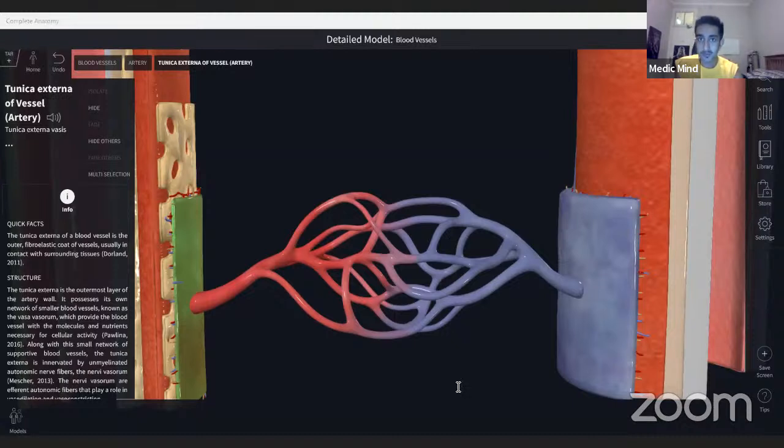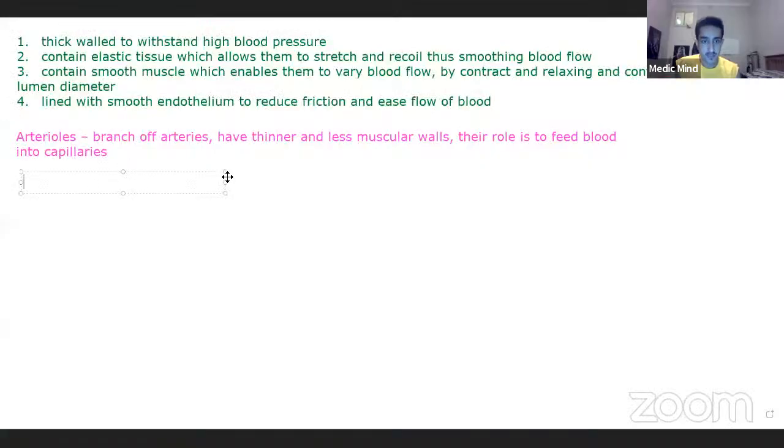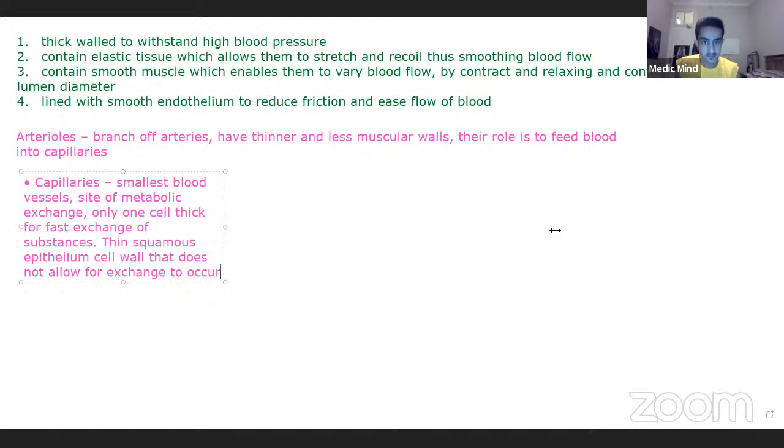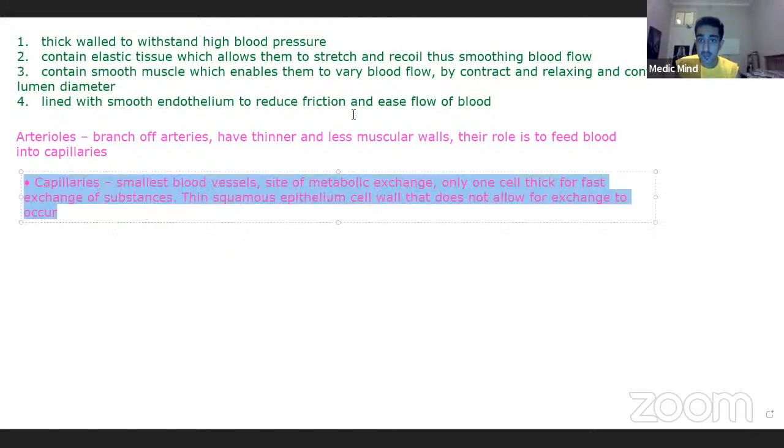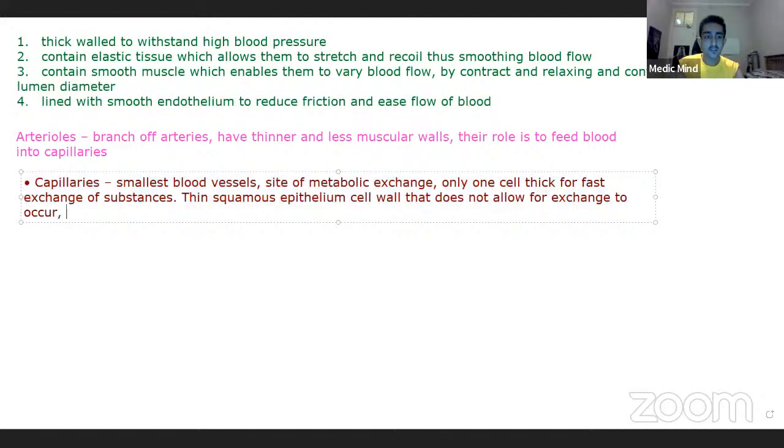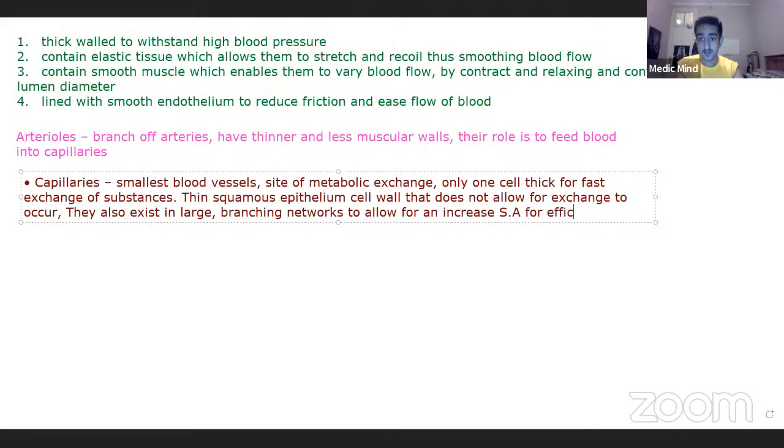So we can add this now to our whiteboard of information about the different structures. And what I can also add to this is they also exist in large branching networks to allow for an increased surface area for efficient gas exchange. Right. So those are your